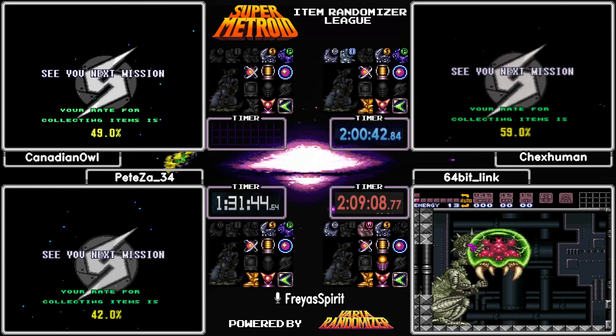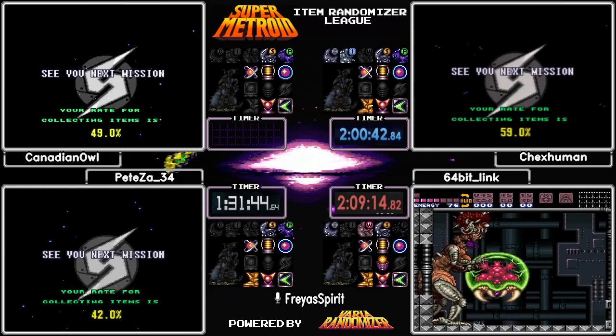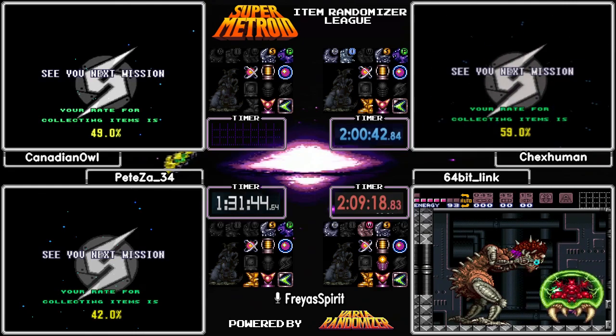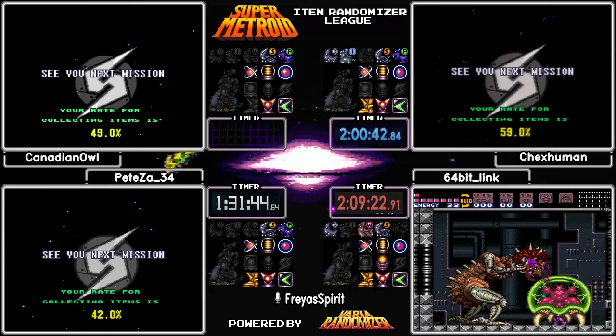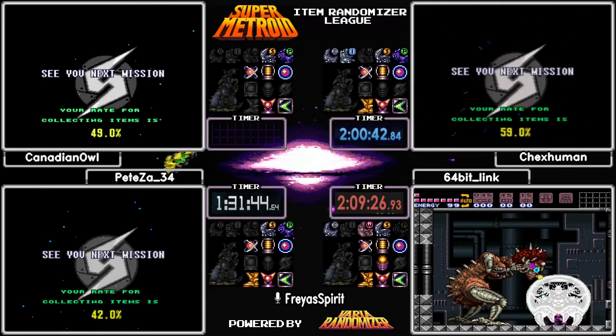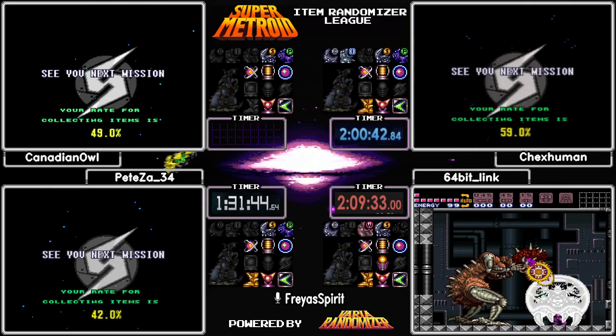Yeah, we're super happy that we got to commentate this. This is a really, really neat seed. And how did it go for the rest of the runners? Basically identically for everybody. Everybody full cleared everything except for Meridia before getting gravity. So you and Link were basically synced, but Link decided to check the sand pits before